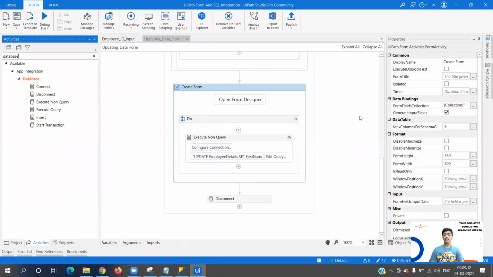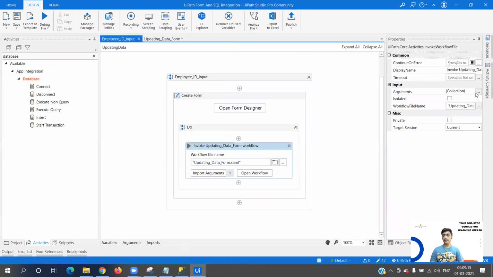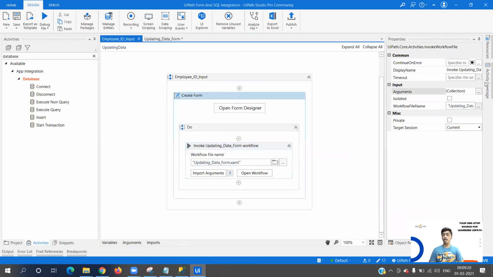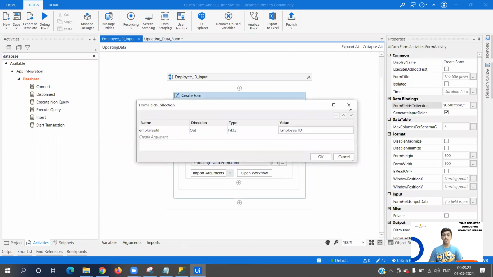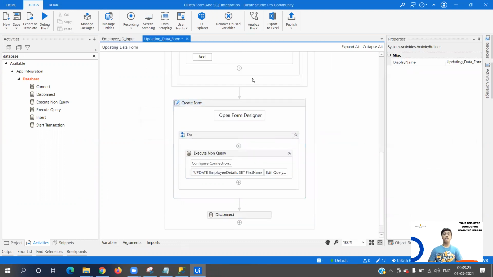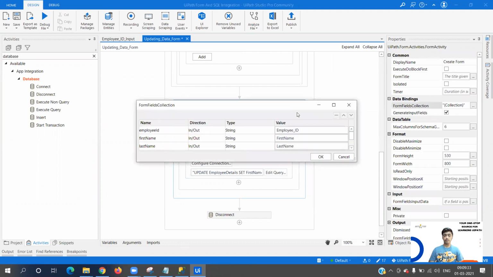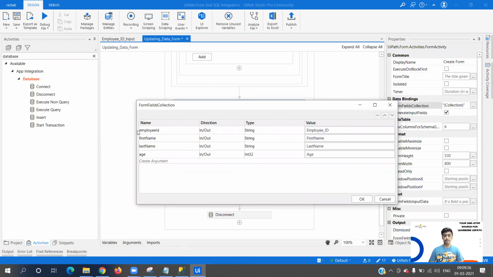Now in the previous case, in employee ID, we had our collection to be an out argument, because we were passing the data outside the form. But here we are going to pass inside the form as well, and we are going to take out as well to update that particular entry. So if I see over here, employee ID, first name, last name, and age, these are of in/out, and they have the value of the variables that we have created. So once the variable has the default values that come from the database, after the out argument, they will be updated.